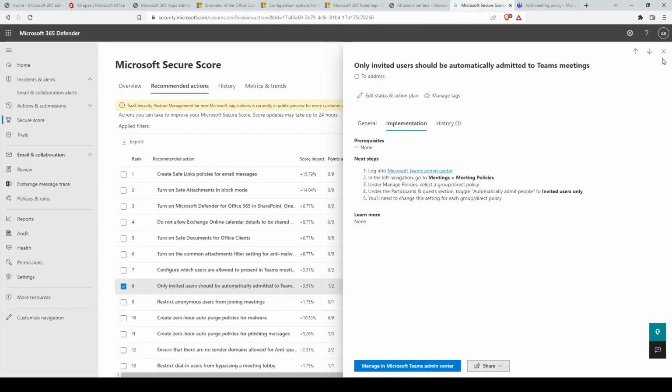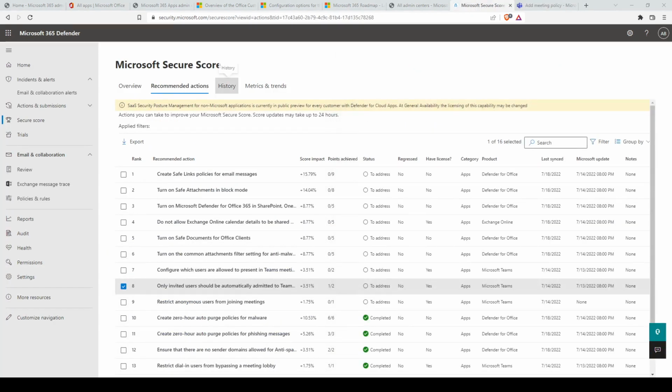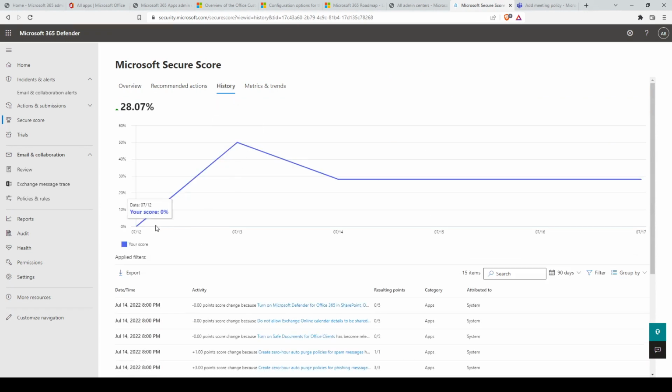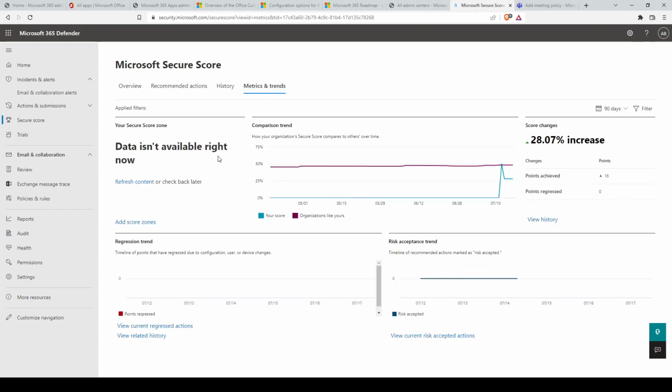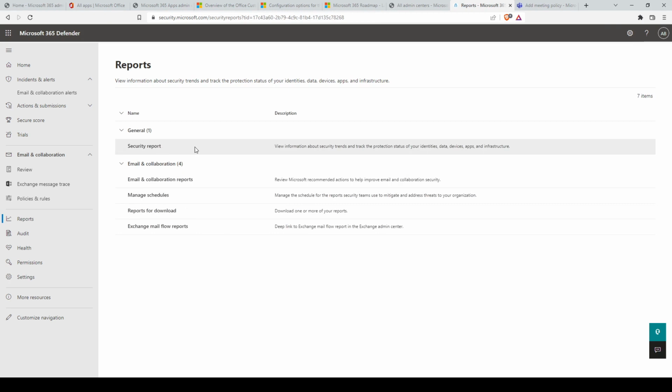Coming back to the Microsoft Secure Score section, there's a tab that displays the history of your Microsoft Secure Score to see the performance over a period of time, if it increases or decreases. You can also view metrics and trends such as comparison trend, regression trend, and risk acceptance trend that you may be interested in. For the Reports section, there is the General section where you can view information about security trends